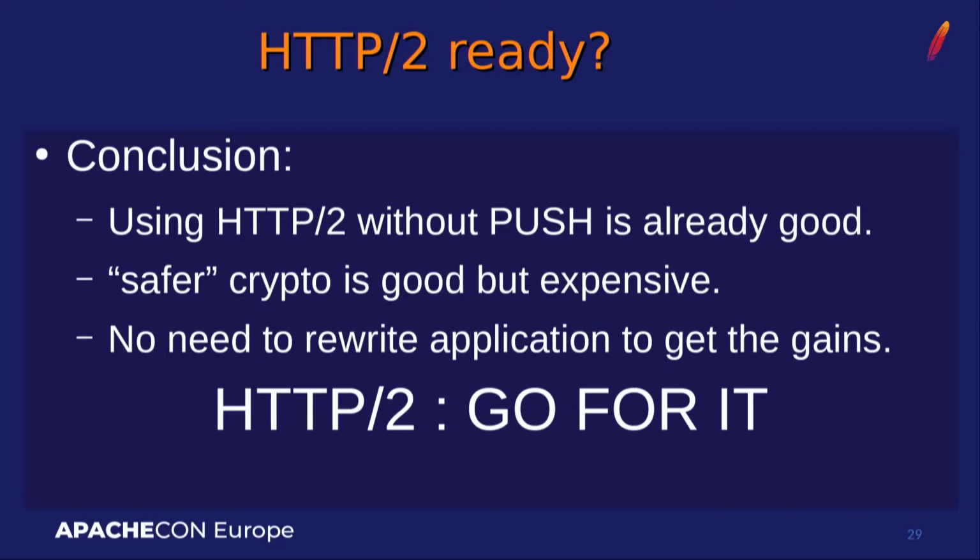Additionally, as it's multiplexing HTTP 1.1 instead of H2, you don't need to change anything in your application, because your application is your normal web app. There's no reason to change anything. The browser is going to send stuff with H2, it's going to be multiplexed, then demultiplexed, and at the end, in the Tomcat, you're going to have your normal web app without any change. So, if you want to use H2, go for it.